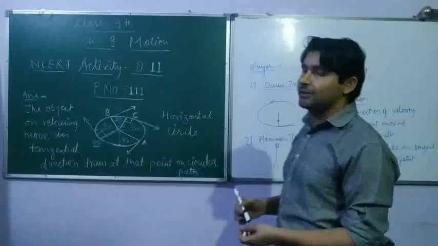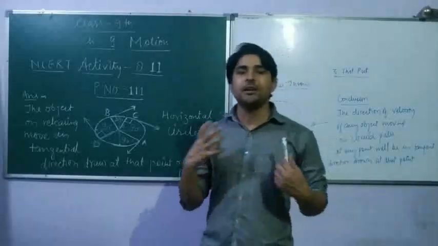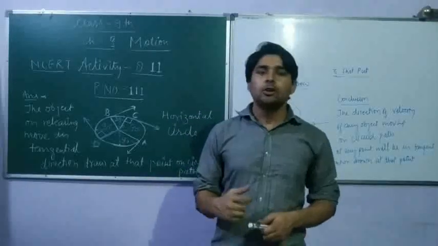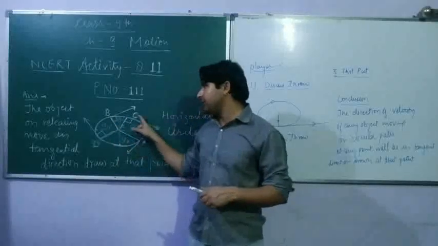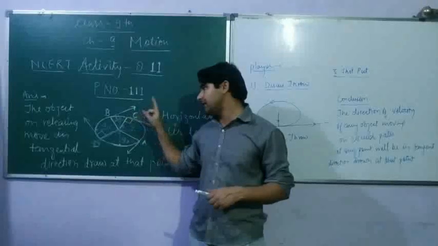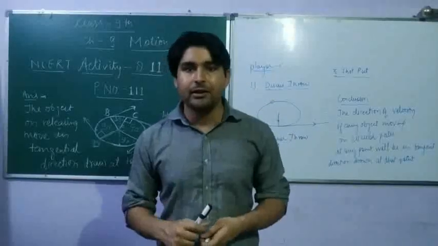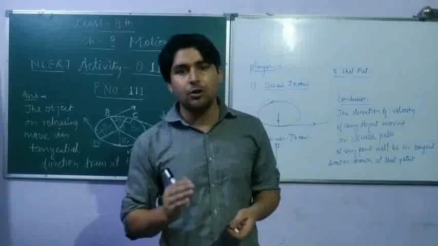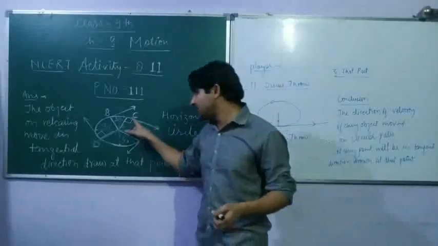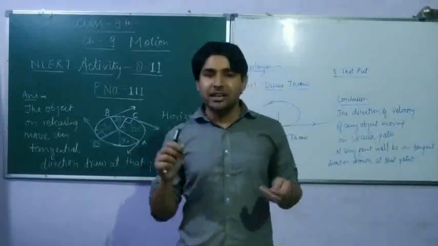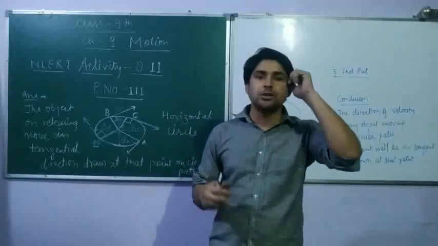Moreover, you can see that when we study uniform circular motion, the speed of the object remains constant, but its velocity changes. The reason for velocity changing was that at every point the direction of velocity changes. At this point the direction of velocity is this, at this point this, at this point this. Because velocity is a vector quantity, and whenever either its magnitude changes or its direction changes or both change, velocity is said to be changed. Okay, so with direction change the velocity changes, and that's why uniform circular motion is said to be an accelerated motion. Why is it called accelerated motion?